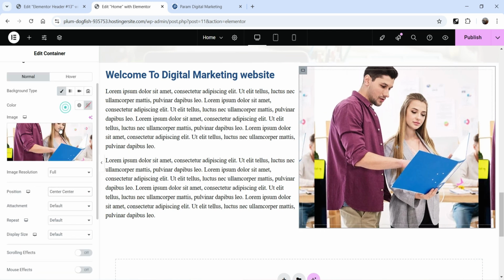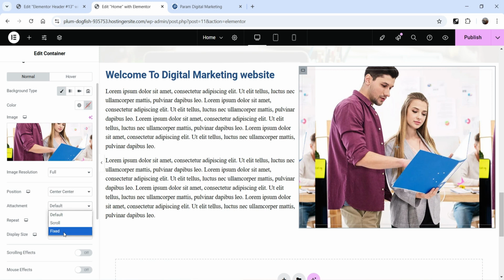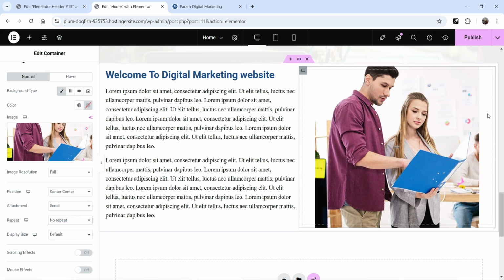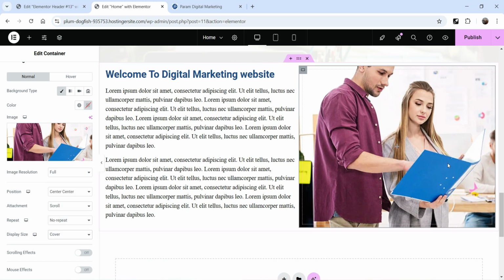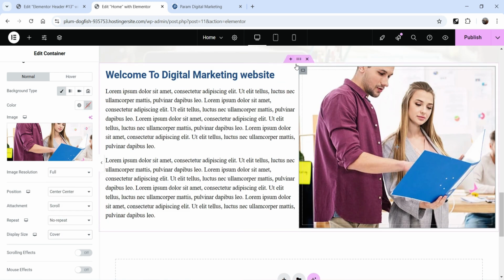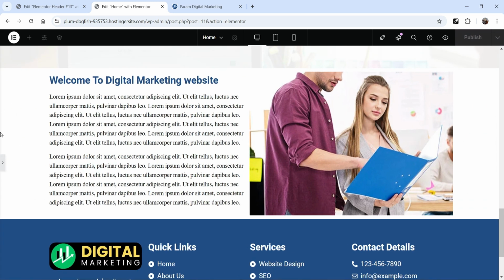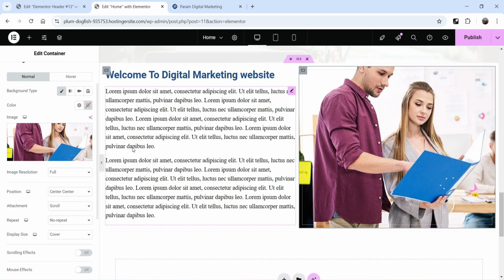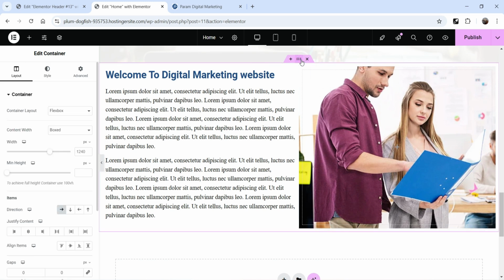Again, you can change to center, scroll, and no repeat, so it is not going to repeat it, and use as cover, so it is going to cover the entire column. Okay, now if I go here, this is how it is going to look. Okay, this does not look good, so I'm going to go to the entire section, make it full width,